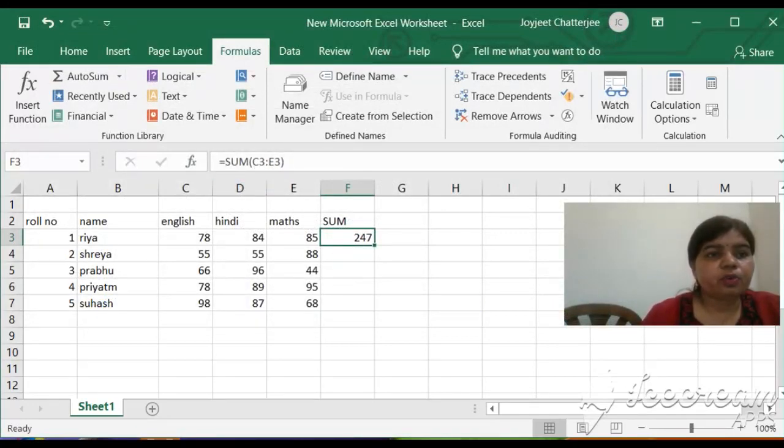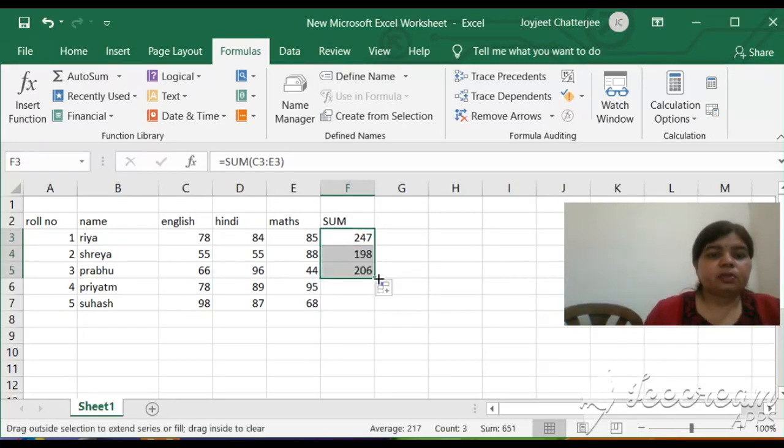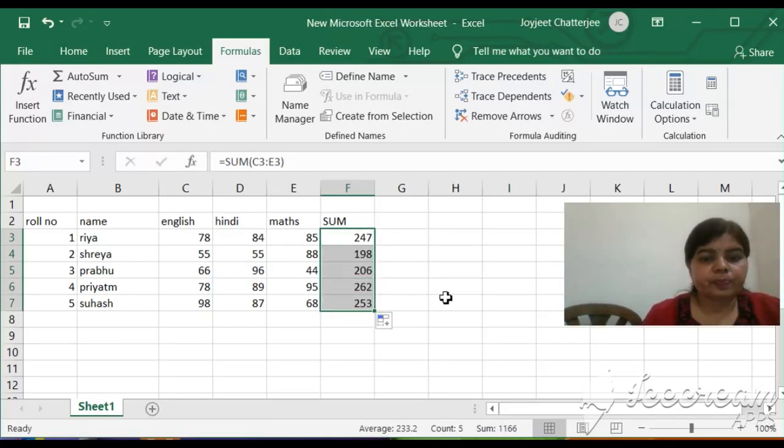You just follow all the steps: first of all, click on formula, then insert function, and then the dialog box will appear. There you have to select a function name, then select the argument, and after that you can see the result. And same way you will apply the fill handle option for the whole column and it will be completed.